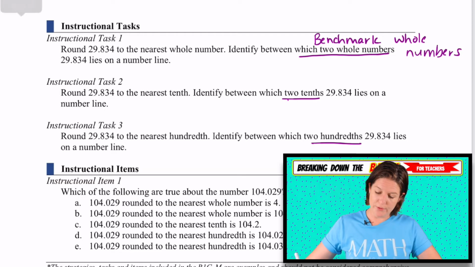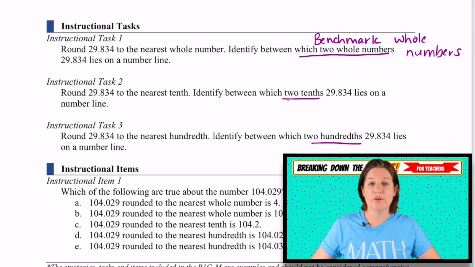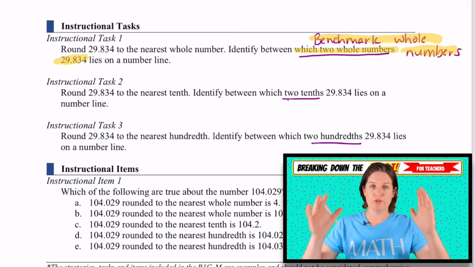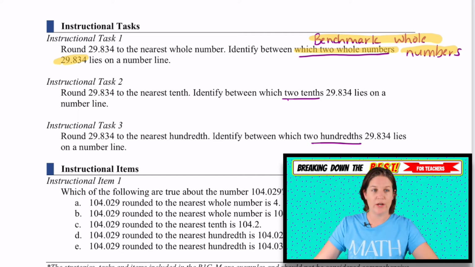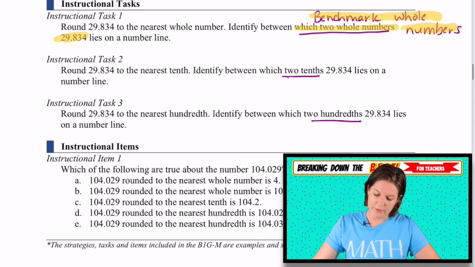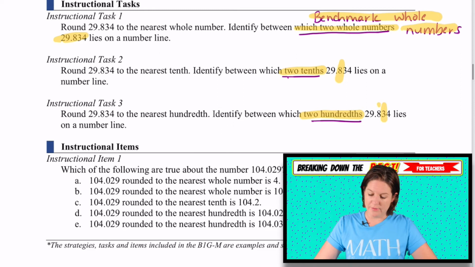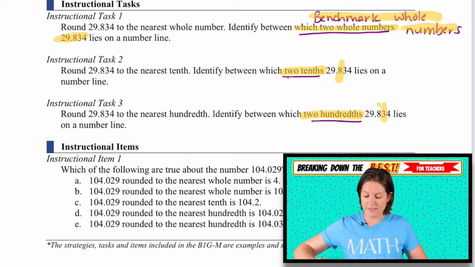All right, also, down here for an instructional task that they give you, it says identify which two whole numbers does this number lie between, and these would be your benchmark whole numbers, the one before and the one after. So when they refer to it as a benchmark, that's what they're talking about. Between which two tenths, so you'd round to the nearest tenths place. Which two hundredths, so you'd round to the nearest hundredths place using a number line. Okay. And then there's an example down there for you to check out,